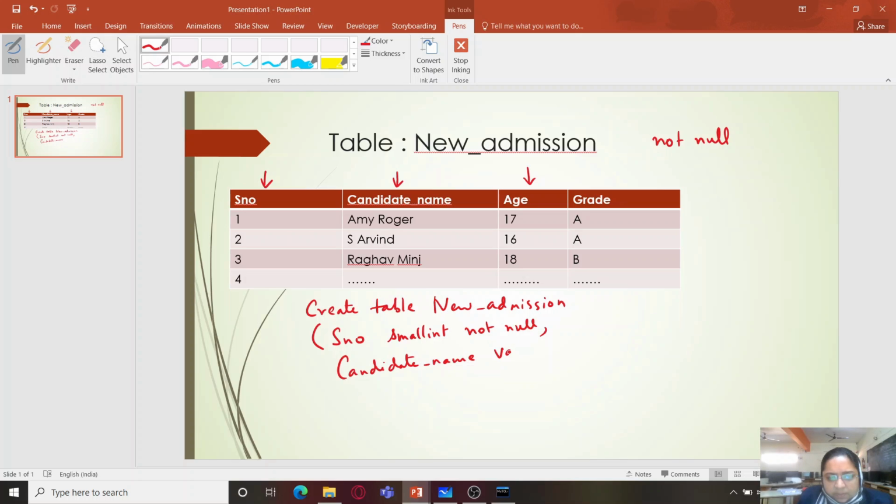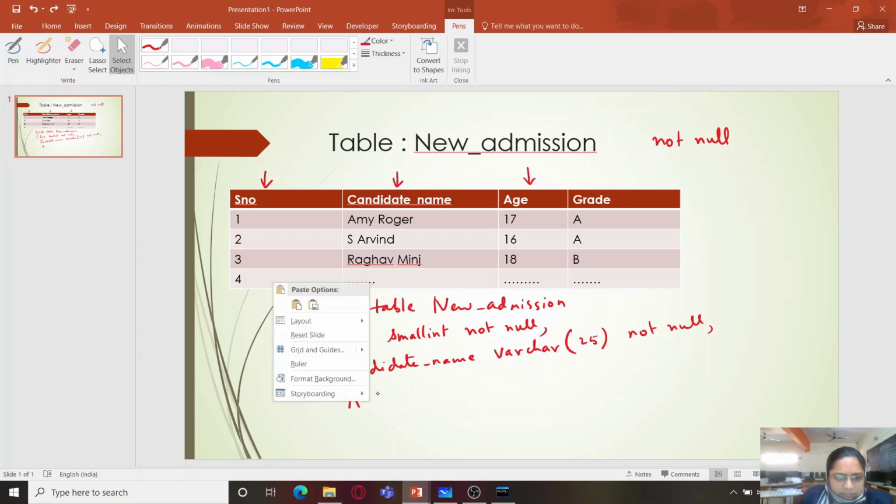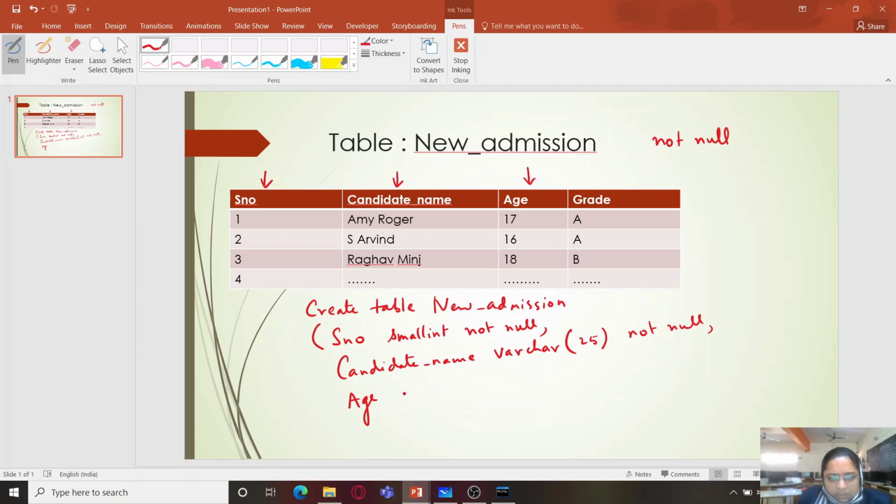Here also we will take varchar and not null. Same way age, again I'm going to take age as tinyint because age will not exceed 120, the value 127, and here also I'm providing not null.